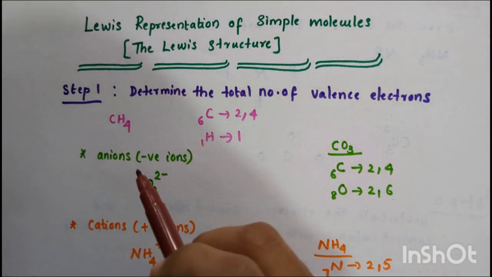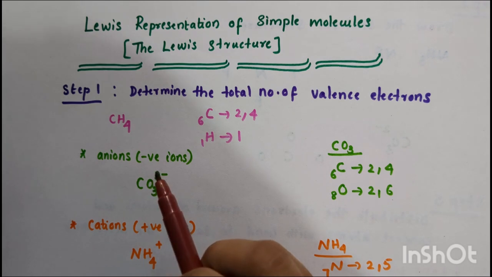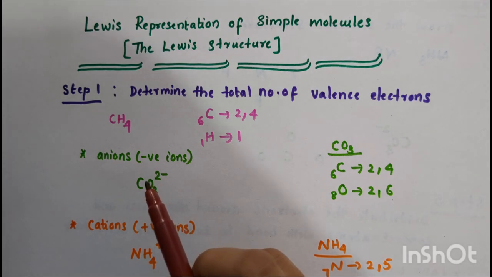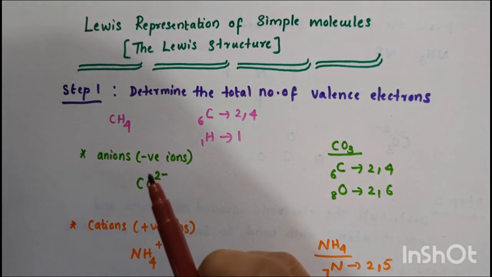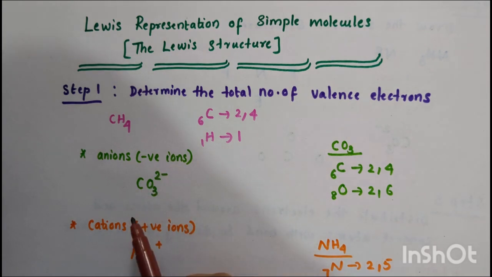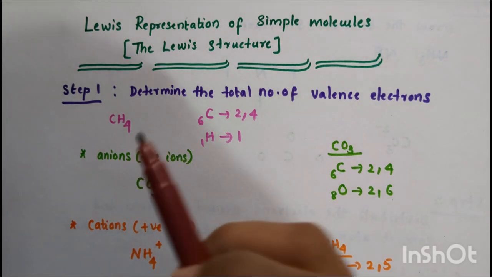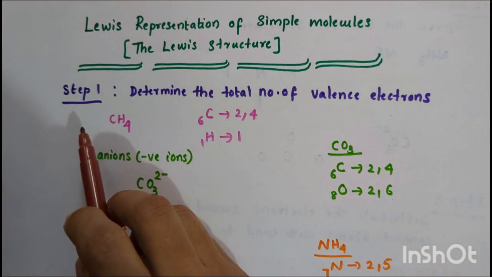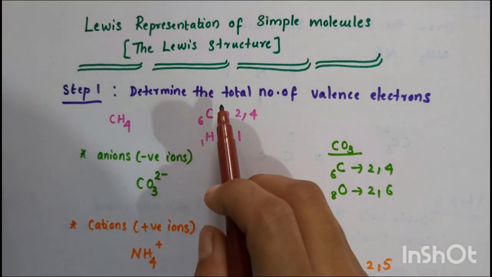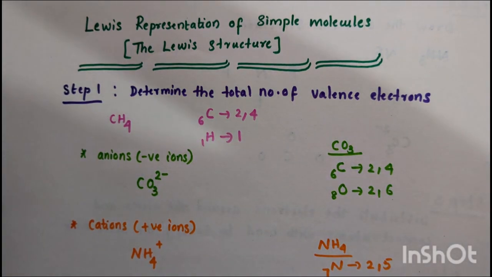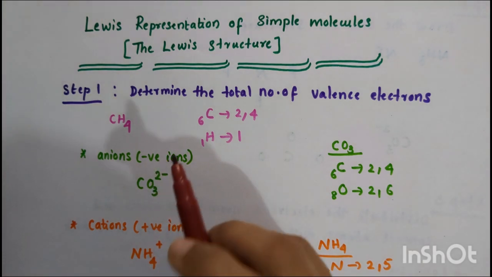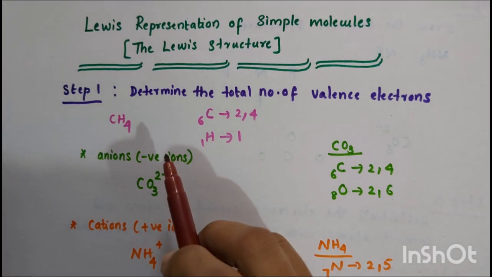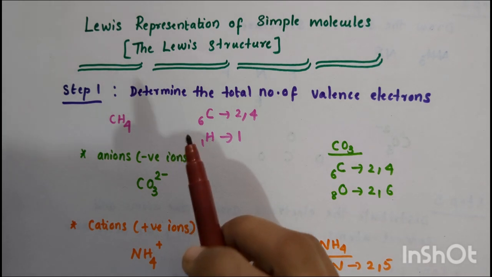Writing the Lewis dot structures of molecules is very useful to understand the formation and properties of a molecule to a large extent. There are a few steps to be followed to write the Lewis dot structure. Step 1 is to determine the total number of valence electrons. That is, the total number of valence electrons required for writing the structures is obtained by adding the valence electrons